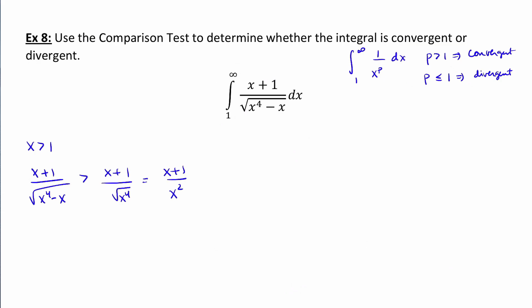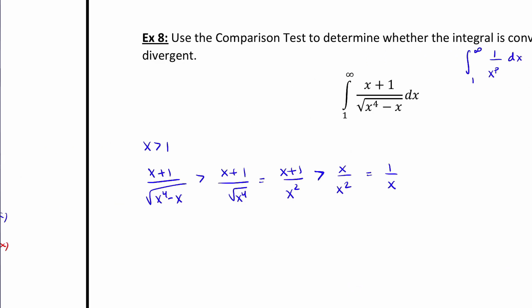And then again, if my top is smaller, right? If we have x, this is larger than x over x squared, which is equal to 1 over x. And then, well, we know that since p is equal to 1 in this case, then the integral diverges, okay? Why? Well, if we go back to the theorem,